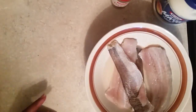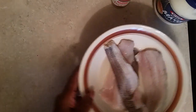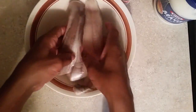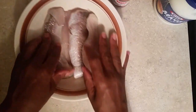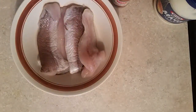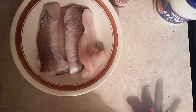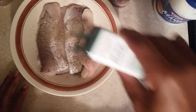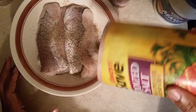We're going to get started on this fish here. This is the fish right here. And I leave a little water in there because we want the water to help the seasoning penetrate the fish. So what I'm going to do now is wash my hands, and I'm going to put some black pepper on this. Now you can season it a lot heavier if you want. Some salt,